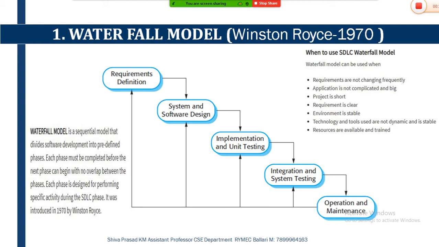right? In terms of requirement definition, the manager of the organization is going to contact the customer and collect the requirements from the customer. That is the first step. Once he collects the requirements, he will define those requirements. After defining those requirements, he will identify the constraints. After identifying the constraints, he will identify the operations which are required for those particular constraints.